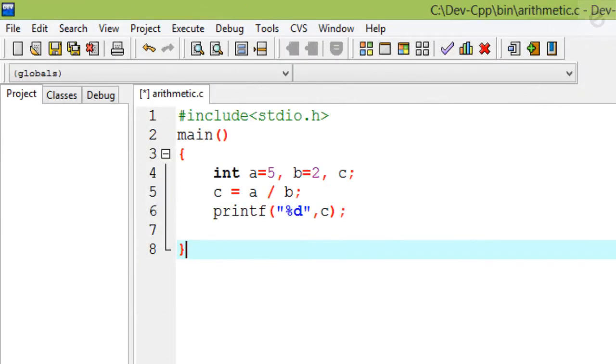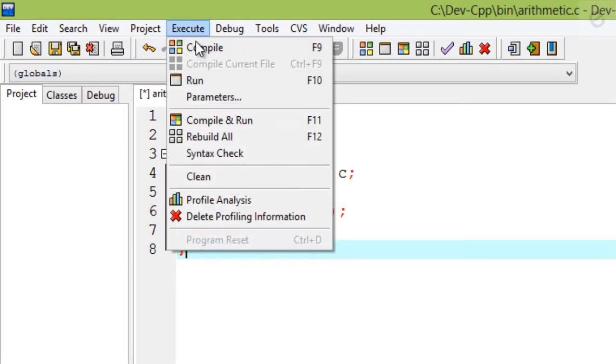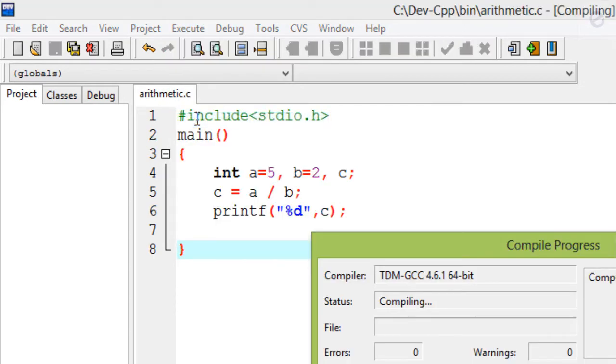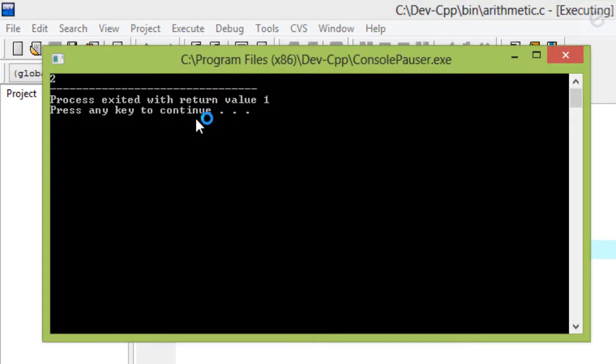Here we have got the same program as the previous one. The only difference is that we have changed the sign from minus to oblique, that is a little like the tilted line. If we divide a by b, in terms of programming language, then the quotient would be represented by it, like the value of a is 5 while the value of b is 2. When we divide a by b, that is a oblique b, the answer would be its quotient, that is 2. If we compile and run the program, 2 is printed on the screen.